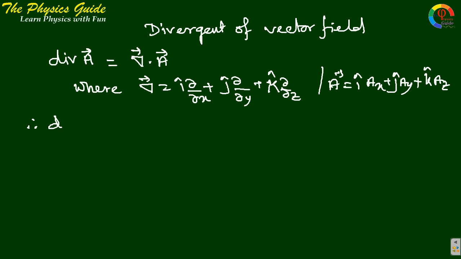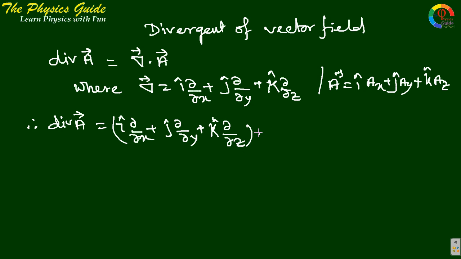So divergence A equals del dot A, means i del x plus j del y plus k del z dot product i ax plus j ay plus k az. So simply i dot i equals 1, i dot j is 0, and i dot k also 0. So remaining term only the first term. So this gives del ax